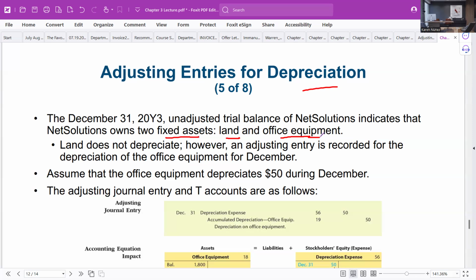So we receive these benefits from an asset typically in the form of revenue. For example, if you buy equipment, well, that equipment allows you to provide services or to produce product, and you earn revenue. And so we have this expense that's associated with the office equipment that needs to be matched with that revenue. And this process of matching the expense with the revenue is this process of depreciation. That just means that we're taking a portion of the cost and assigning it to an expense account over its